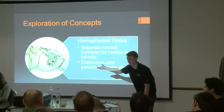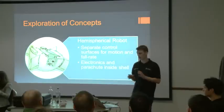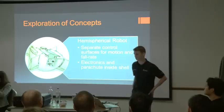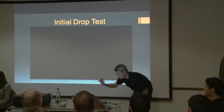So we ended up with what we had in mind, what David had sketched out 2 years ago. This was a hemispherical shell with fins and flaps to control its descent. The motors, electronics, and parachute are all contained inside the shell, and it lands using a ram air parachute that can be steered to the landing area. Simple. So after coming up with a few ideas,